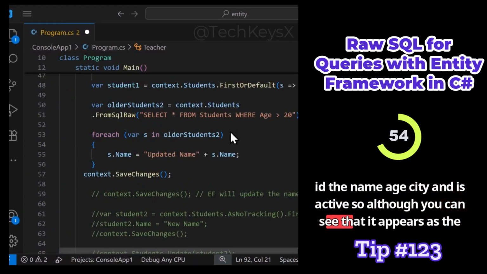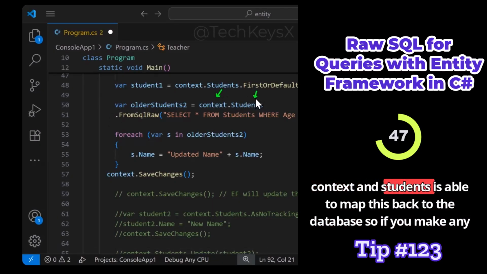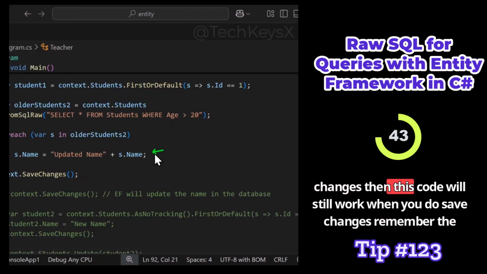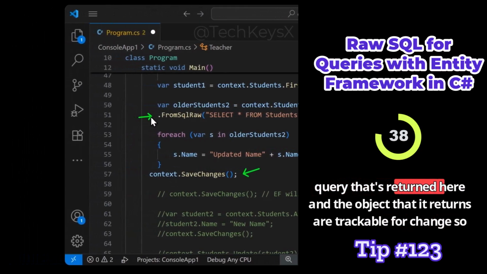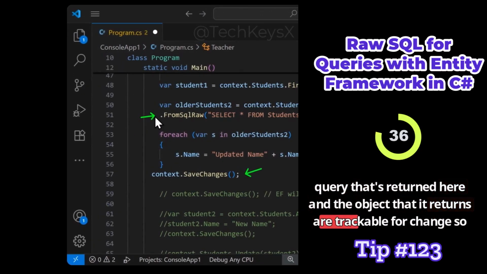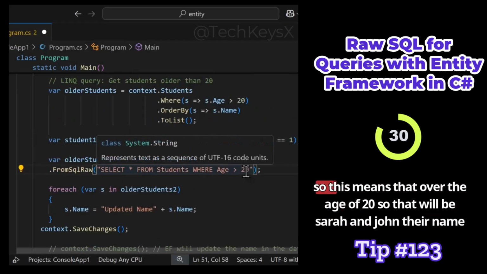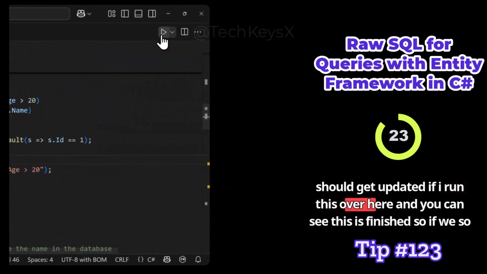So although it appears as a raw query, Entity Framework is clever enough, because you're using the context and Student, to map this back to the database. So if you make any changes, this code will still work when you do SaveChanges. Remember, the query that's returned here and the object that it returns are trackable for changes. So let's test this out where we are updating anyone that is over the age of 20. That means Sarah and John, their names should get updated. So if I run this over here,